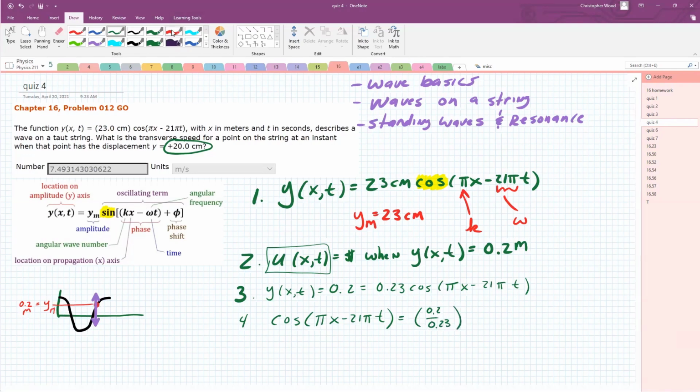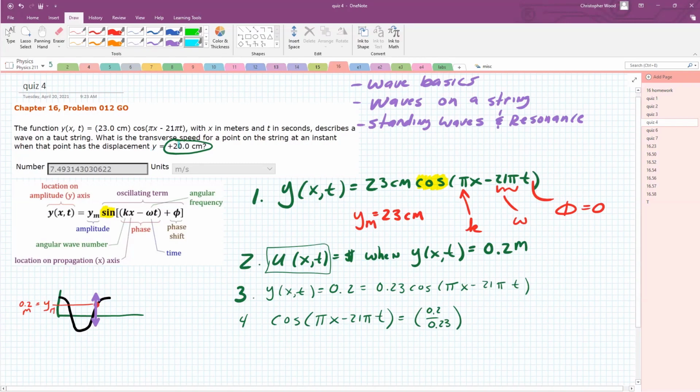And the other thing I should add, just this has caught my eye, I can also say phi equals 0. There is no phase shift. This is an unshifted cosine function. Okay, so anyway, back to it. How does that help me? I don't know. But I'll say this. I can't help but notice out of the side of my eye that if this was my answer, well,